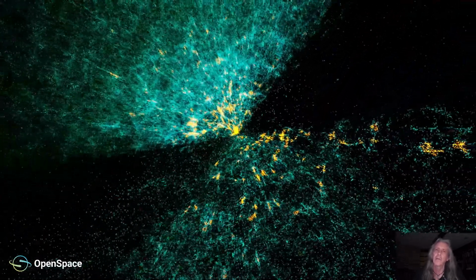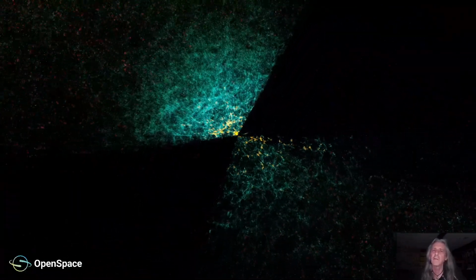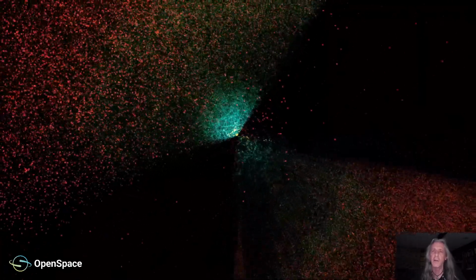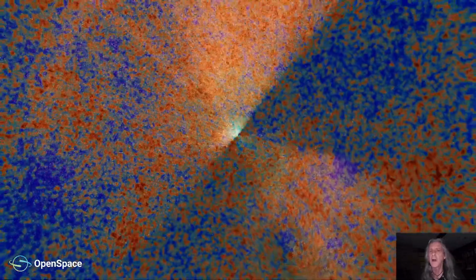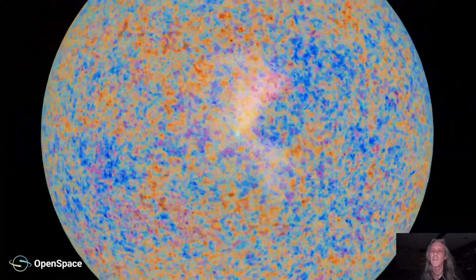This is a Sloan Digital Sky Survey, about 6 million galaxies, and we can see this large-scale structure of the universe. The vacant areas are where we have yet to be able to map. Quasars are the youngest objects we see because the light has taken so long, and then finally the cosmic microwave